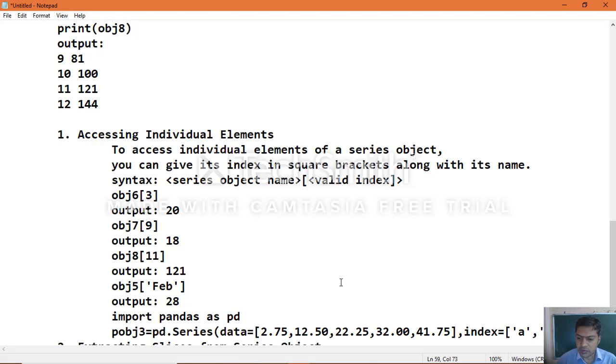So 1 2 3 4 5 values, which means 5 indexes which we need to create.